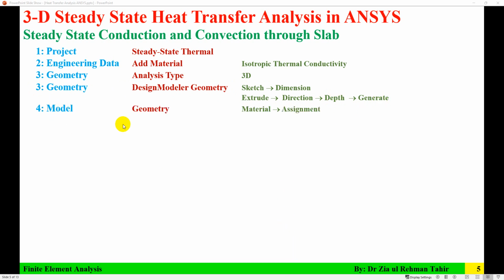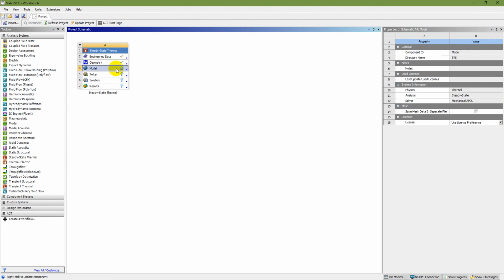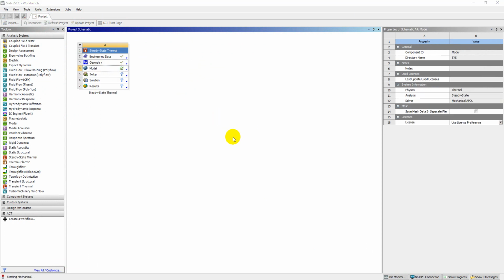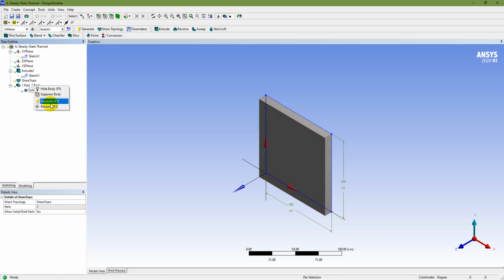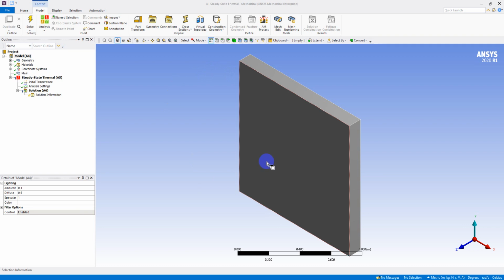Next step is model, and for that one, you can go here, workbench, so you can see these two ticks and then the model. So double click on that, and it will take some time. Meantime, I'm going to rename that solid as slab, and then I'm going to save it. So here is that model,